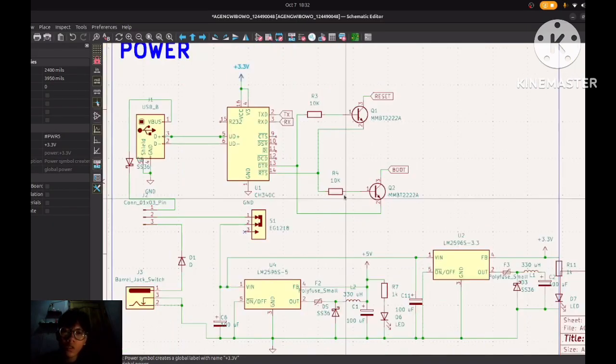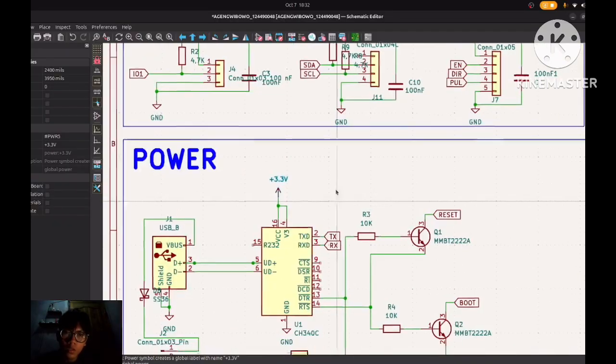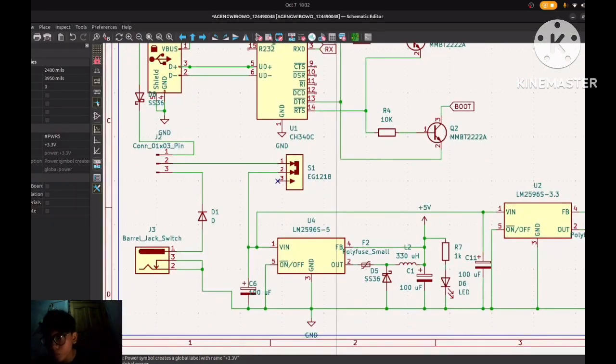If you haven't opened your schematic, click add symbol.